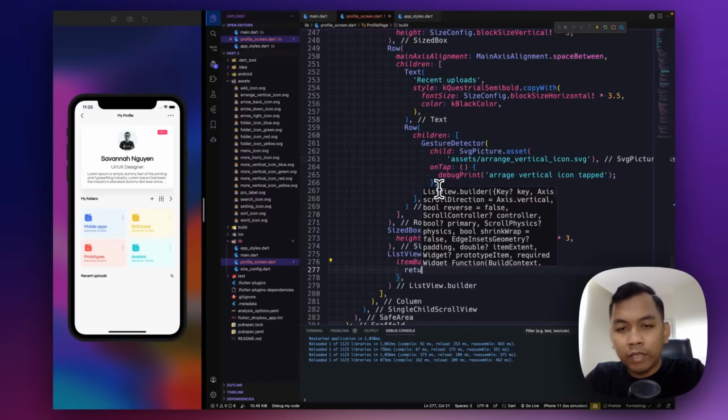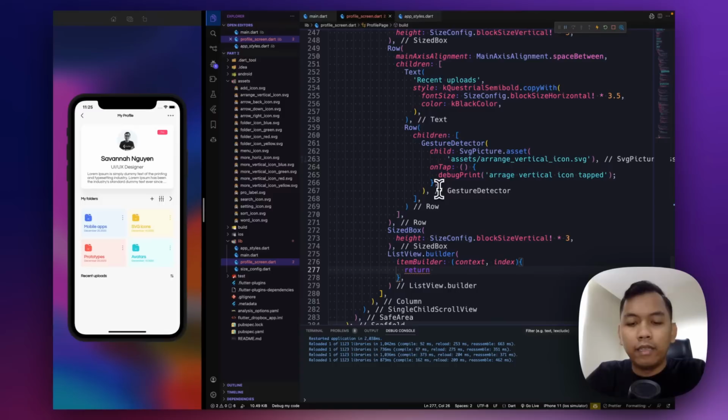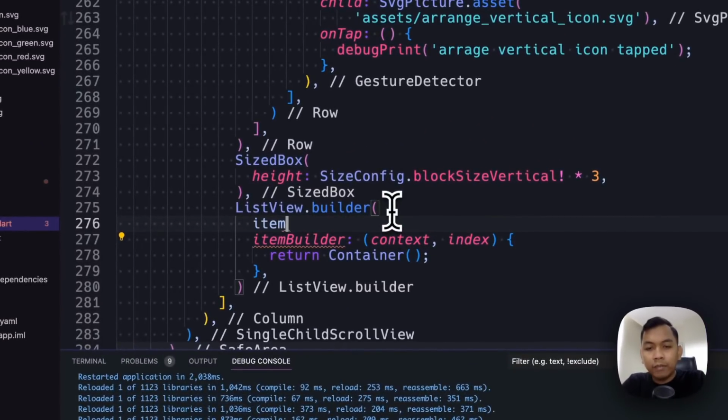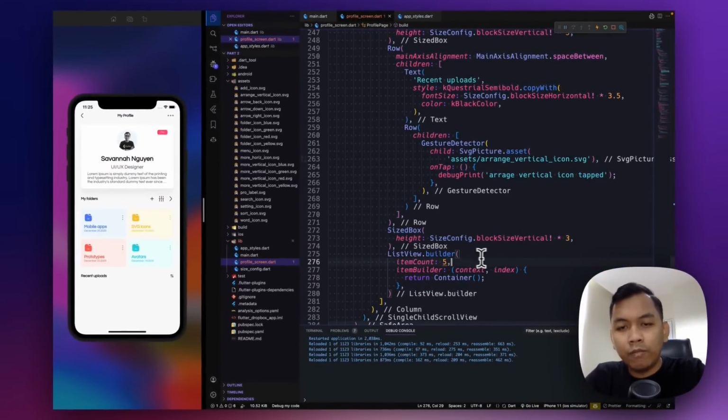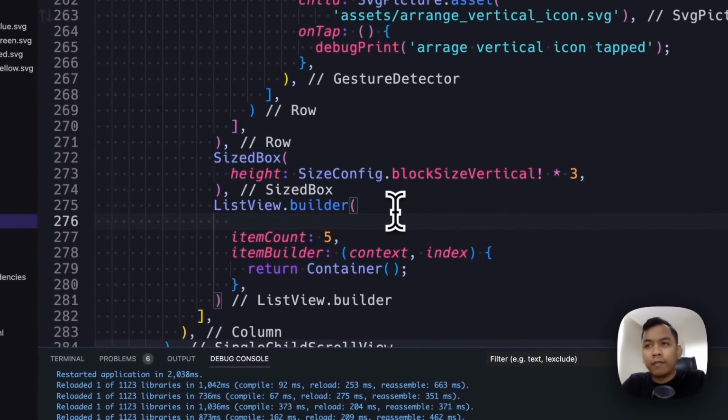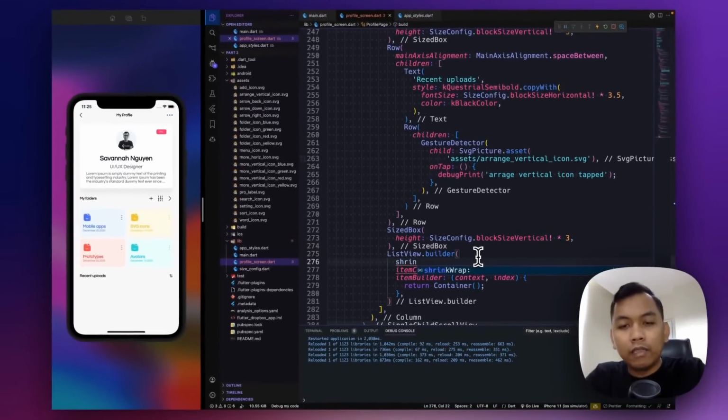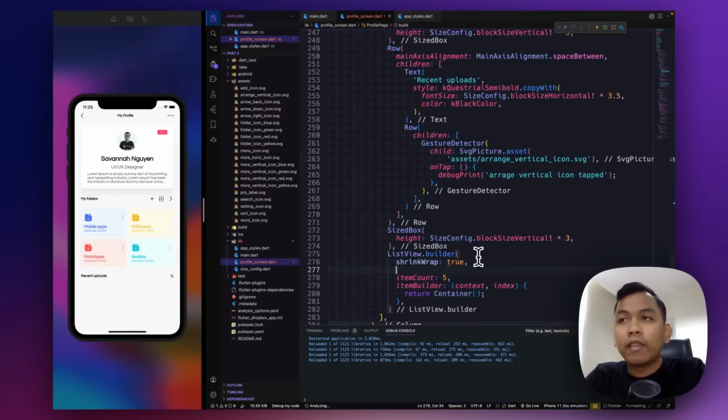And we need to return something here. What we need to return is a container. And don't forget to set item count for demonstration, just use 5, and shrink wrap it to be true.